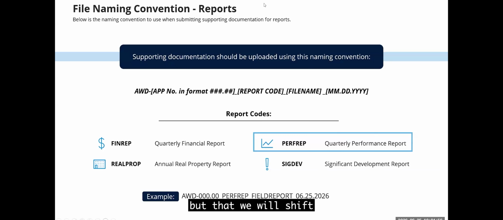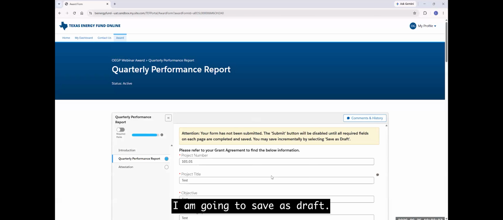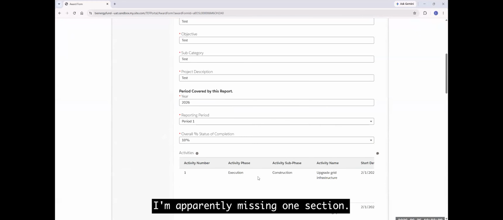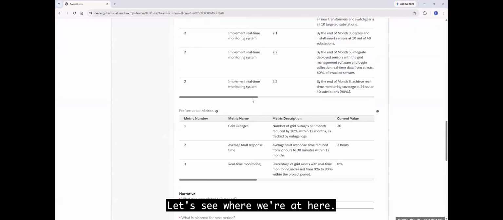With that, we will shift back to the TxEF portal. And you can see I'm still on this page. I am going to save as draft. I'm apparently missing one section. Let's see where we're at here.